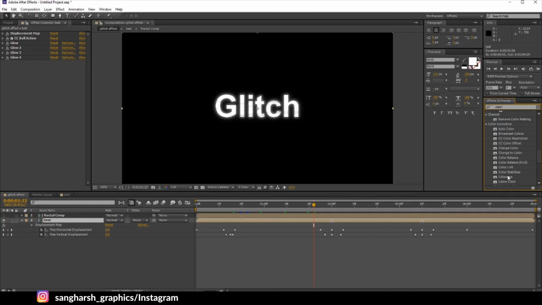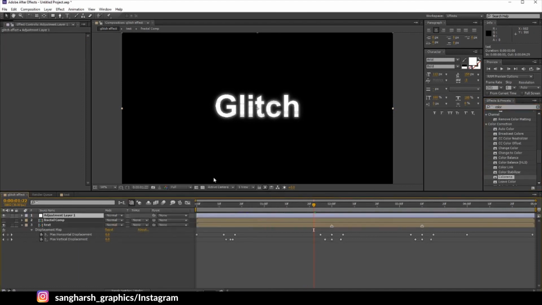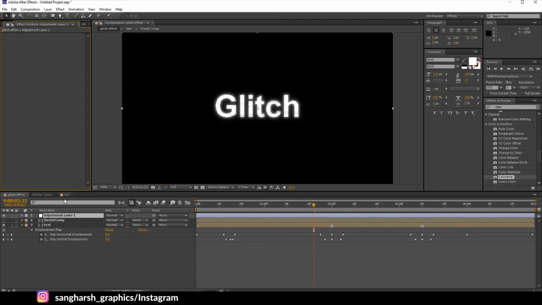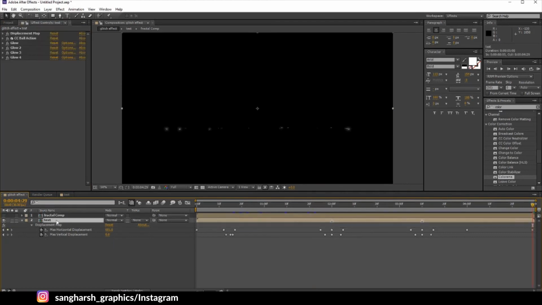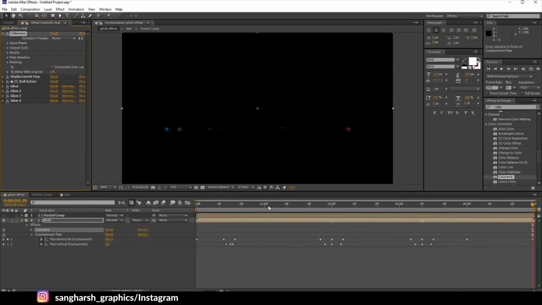Here it is. Now make a new adjustment layer, apply the Colorama on it, or we can just delete this adjustment layer and apply it on the text layer directly. Take the Colorama effect at the top of all the layers.